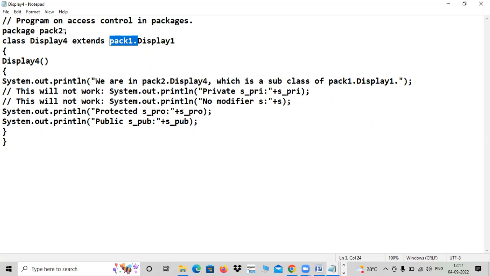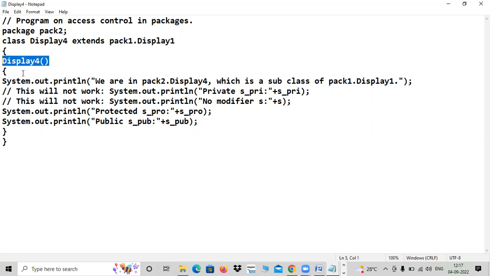Something like parent staying in one state, child staying in some other state. But still the relation is there, no? That's why display 1 is the parent, because extends is there. But display 1 is present in which pack? So you have to access it like that. Pack 1 dot display 1. Additionally, pack 1 dot will come.